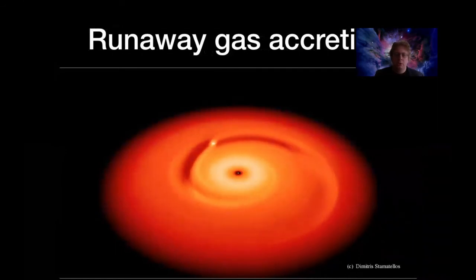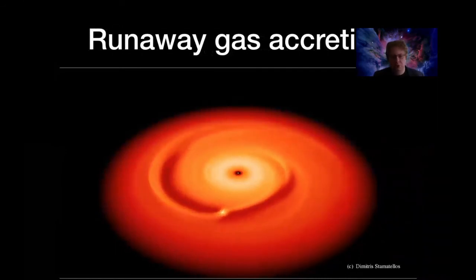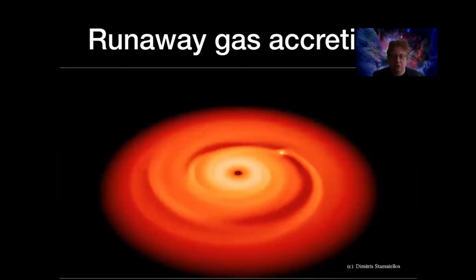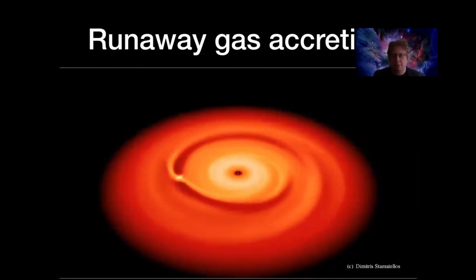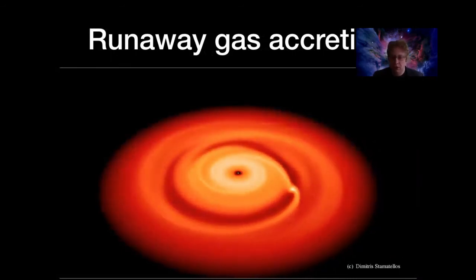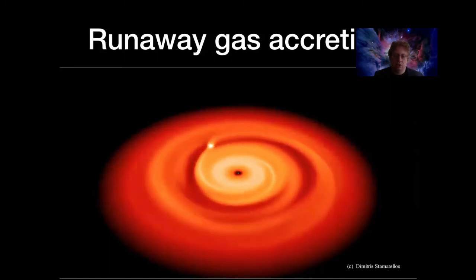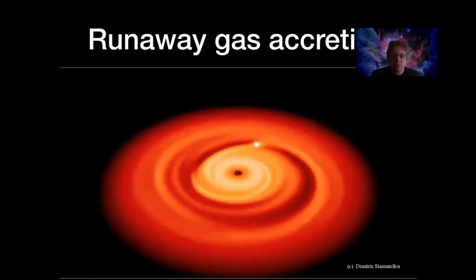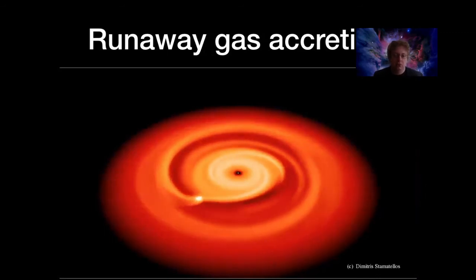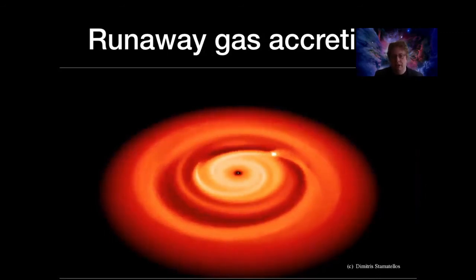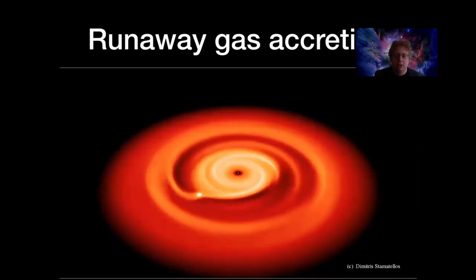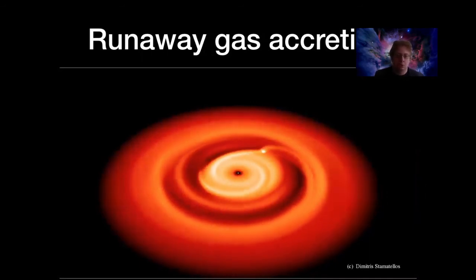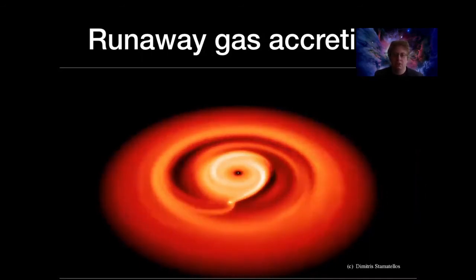So what I'm showing here is a simulation very similar to the ones that I was showing in the last lecture bite, where we were talking about how planets can open gaps in the gas and the dust distributions in disks. The reason why this giant planet is opening this gap in the gas is because it's sucking all that gas up. All of that gas is going onto the planet. And then we have these various streams of gas accumulating on, and you can see that these spiral waves are being